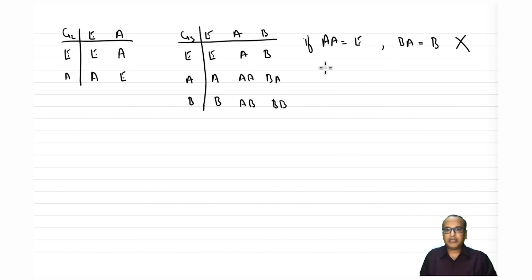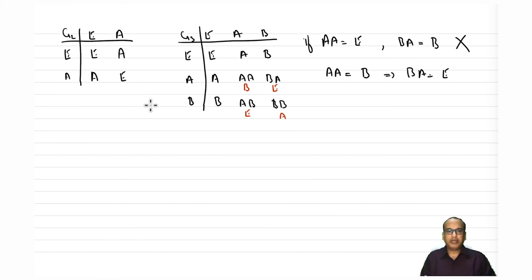So this leaves us to keep A A as B, because A A now cannot be A, since we already have A here. So A A has to be B. If A A is B, this implies that B A has to be E. So you can write here B A is equal to E, and that leaves A B. This becomes your E, and this becomes your A.